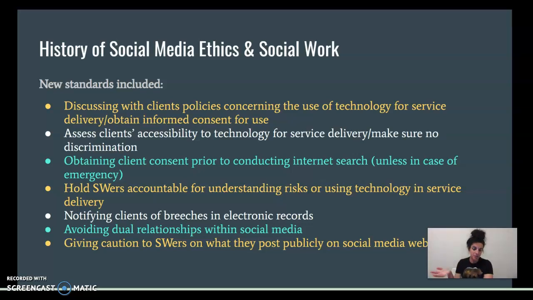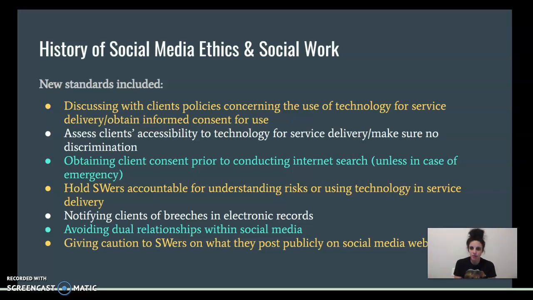And again, it's on a public platform, so Google. So there's maybe some education you have to do with your clients about not putting it out there. But if you are searching up a client's information on the internet just for fun, that is not okay, as tempting as it is. There is some allotment that if it's an emergency, you need to try to find a phone number for an emergency contact or their address, or you'll see in a couple slides a situation where you may have to Google a client to assess for suicidality.